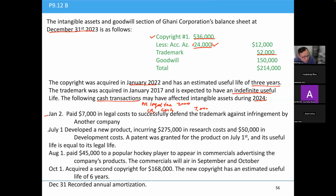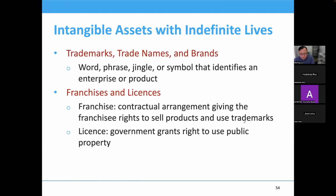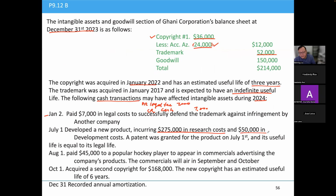So that's good. On July 1st, the company developed a new product, incurring $275,000 research cost and $50,000 development cost. A patent was granted for the product on July 1st. Its useful life is equal to its legal life. Okay, so